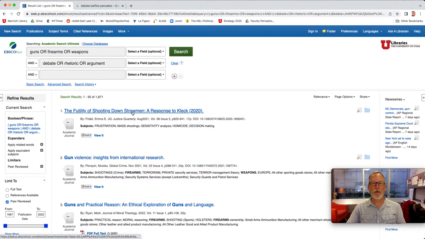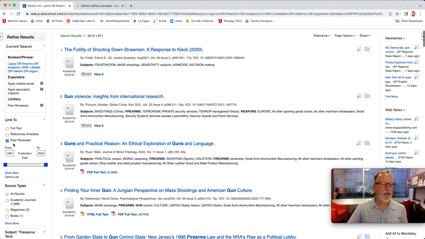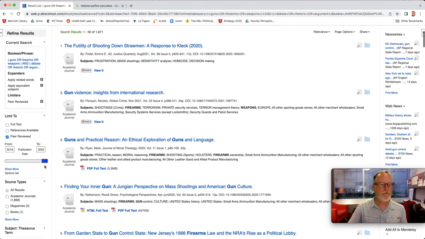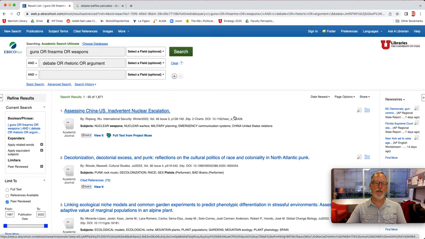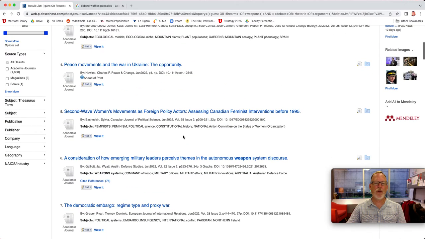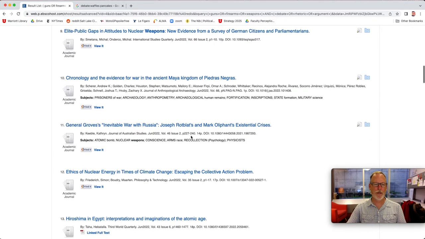Ooh, strawman. That was one of those logical fallacies we were talking about. What do we do in this one if I want to see what's the newest stuff? You can go on this date range finder and come up to a certain year. Or, this is kind of fun, you can go by date and see the newest stuff. Many databases have these similar things. Inadvertent nuclear escalation is irrelevant. You have to go through, because the machine logic, not necessarily an AI, put this together. So you will have to go through and figure out which ones you think apply or just were not quite related. So it looks like we got a lot of stuff that has nothing to do with it.